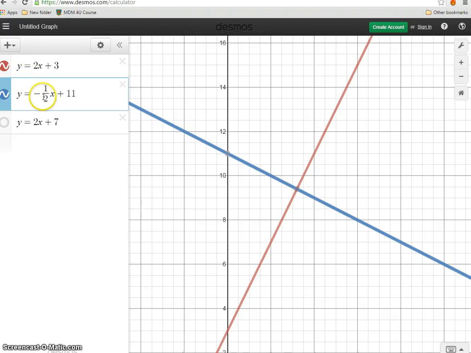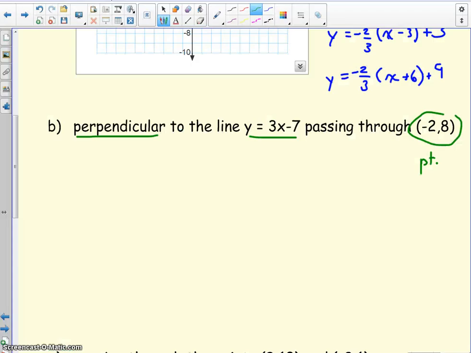So 2 changes to negative 1 over 2. Doesn't matter what the y-intercept is, it's going to be different or the same, doesn't matter, but these two lines are going to be perpendicular to each other. So what this is telling us is if our line's perpendicular to y equals 3x minus 7, well, the slope